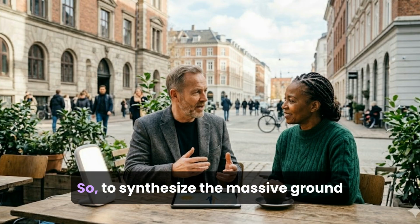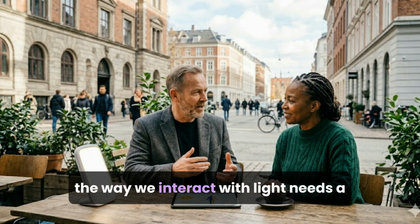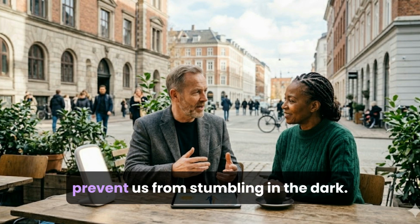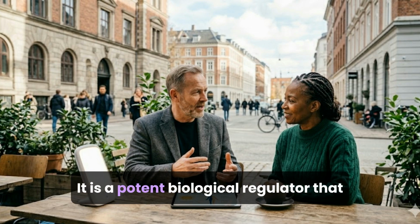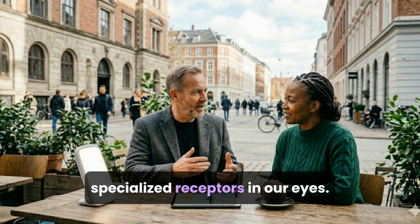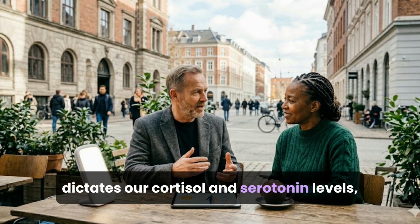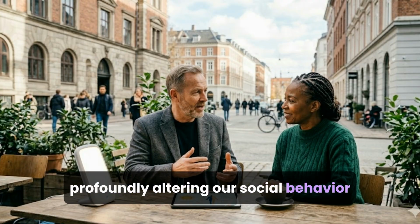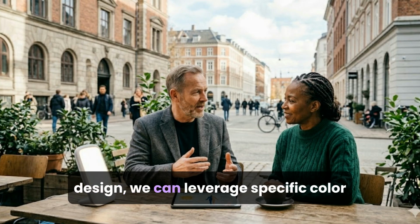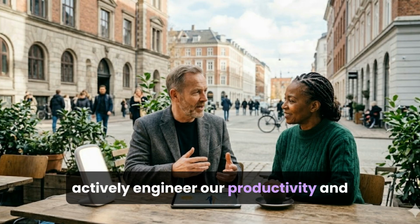That makes total sense. So, to synthesize the massive ground we've covered from our sources today, the way we interact with light needs a fundamental update. It really does. Light is not just a passive utility to prevent us from stumbling in the dark. It is a potent biological regulator that hardwires our internal clocks via those specialized receptors in our eyes. It is a psychological manipulator that dictates our cortisol and serotonin levels, profoundly altering our social behavior and cognitive focus. And through intentional architectural design, we can leverage specific color temperatures and lux intensities to actively engineer our productivity and